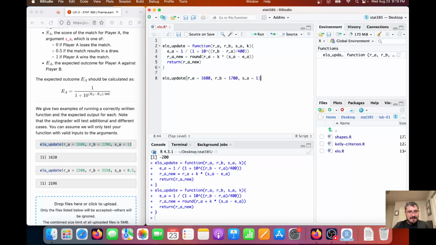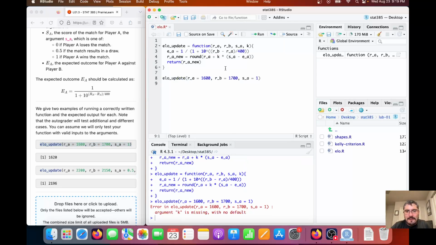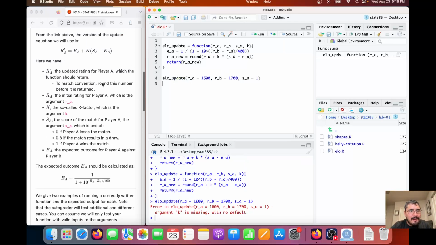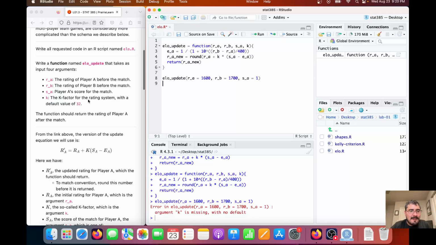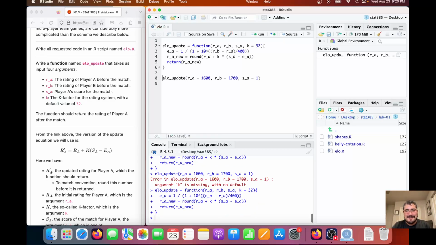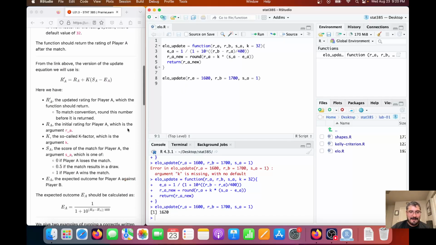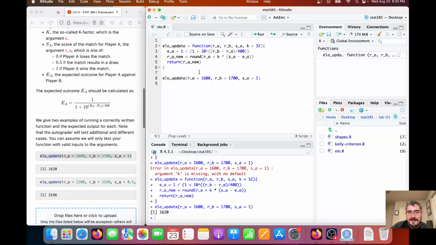Let's see what we get. Oh, I made a mistake. Oh, the default value of 32. All right. See, live coding my own problems and I can't shoot. All right, got it right. 1620. Good. So here we started with a